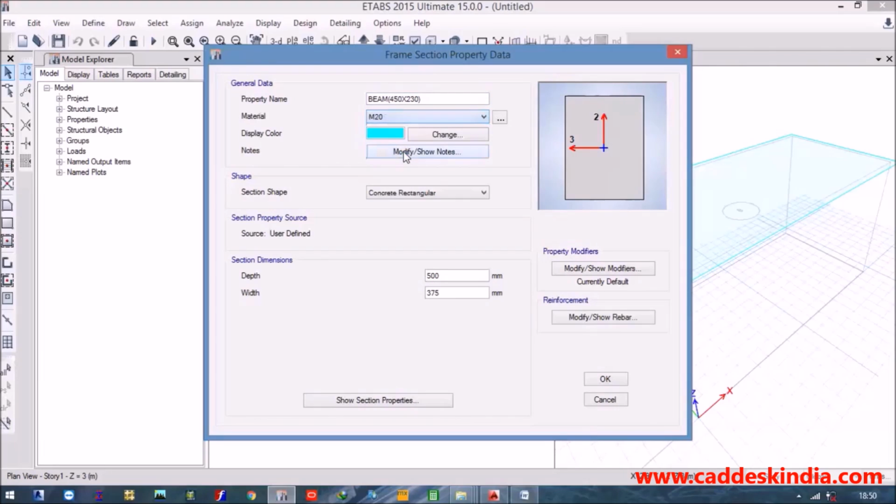My material is M20, and this is 450 by 230. This is my view of this beam,